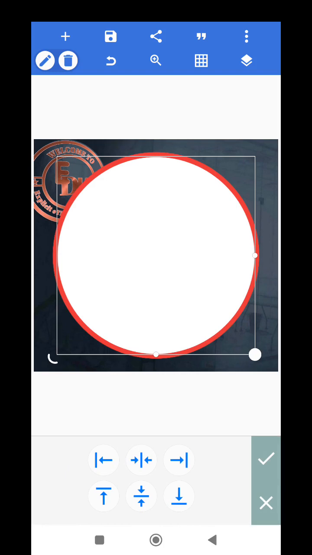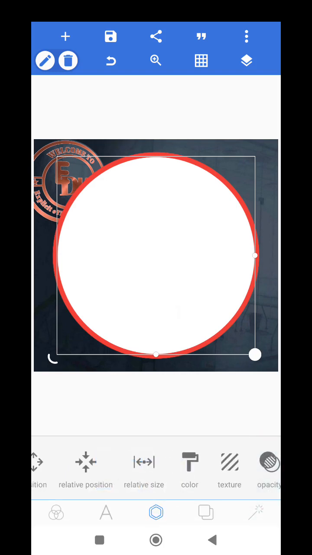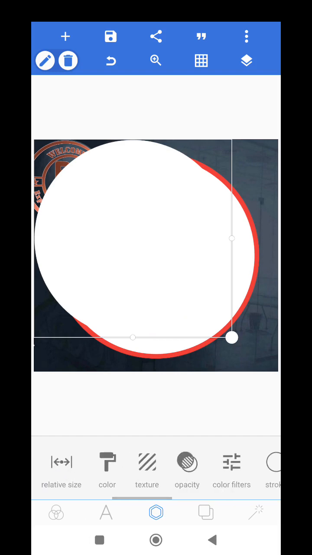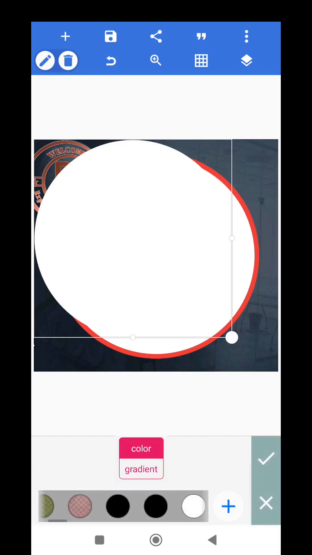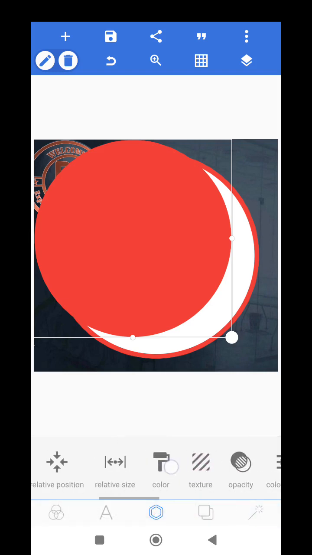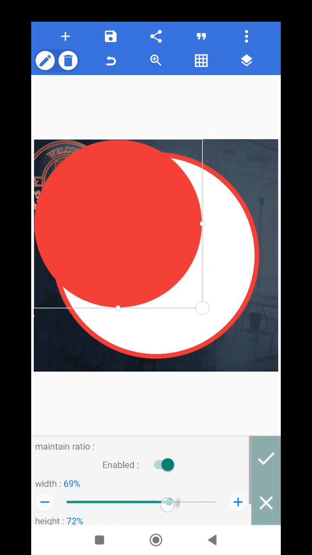Can we see that? Okay, and I copy this same one again, this in white, I copy it again, and I color it red, the same red I used for the first one. It should not be different, or any color you are starting with, just ensure you are using that same color. Then I reduce the relative size to 60